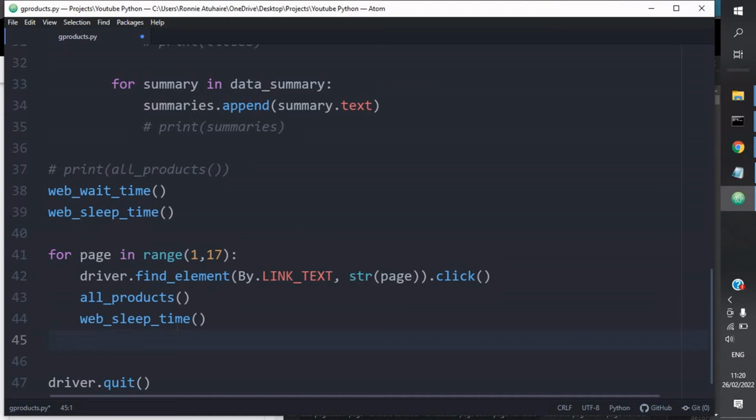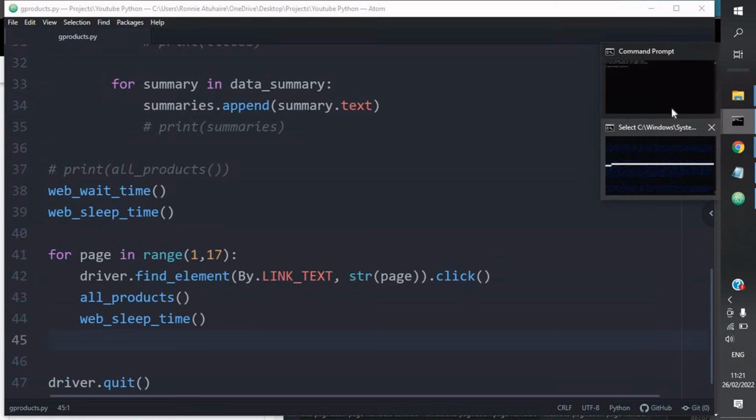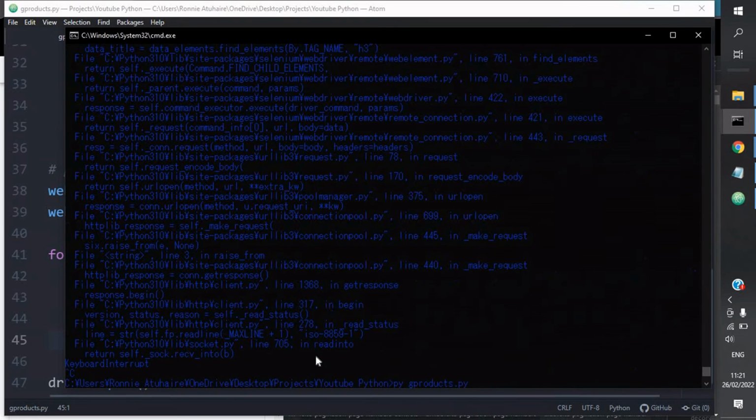I think that's it. The data we have is going to be, as already seen, empty strings. But let's first find out if our code can actually click on that text. So if I save this and run our program again,